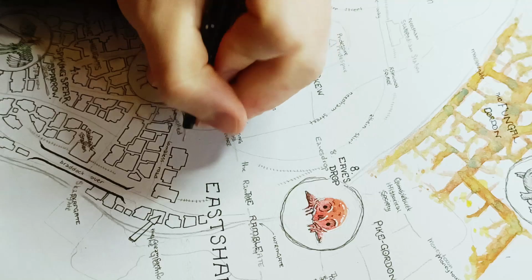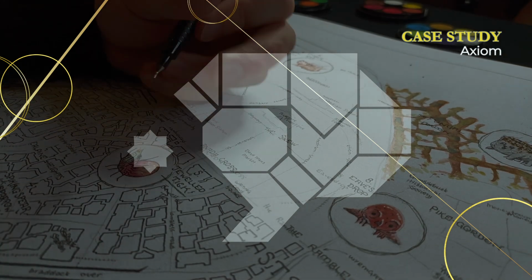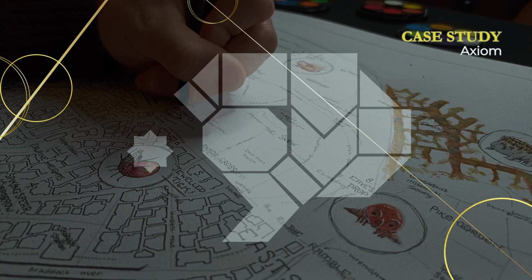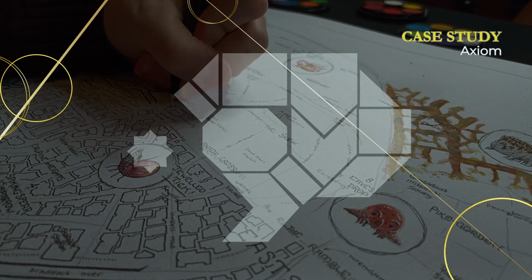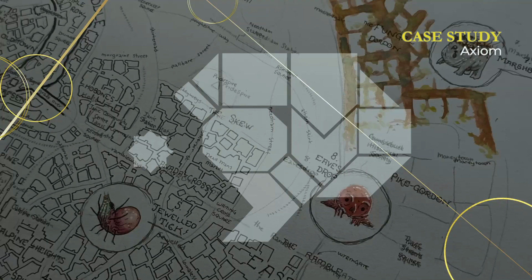So let's bring up the overview of Axiom here. Now you can see the different areas. I haven't labeled them on this, but you don't really need to. On the left-hand side, you've got the sea and the float, which is a collection of boats. You've got the central acropolis, you've got the areas around it, and on the right-hand side, you've got the abandoned outer area of the city with the fungus invading from the north. Now, there are different sections of the city as well, but not particularly important,